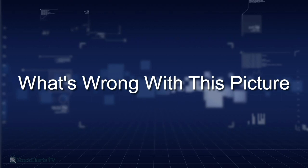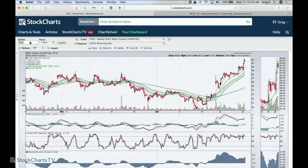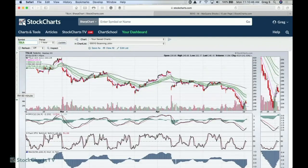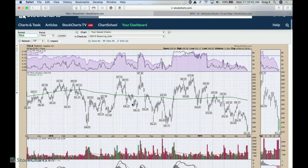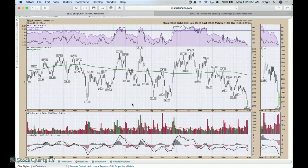The first one, Greg, is Tesla. What the heck is wrong with this picture? You know, the funny part about Tesla, I've renamed it to Tesla because he seems to keep coming out with more and more reasons for people to think that, a million cars next year that don't have a driver. I thought was a little aggressive for his speech this week. And,